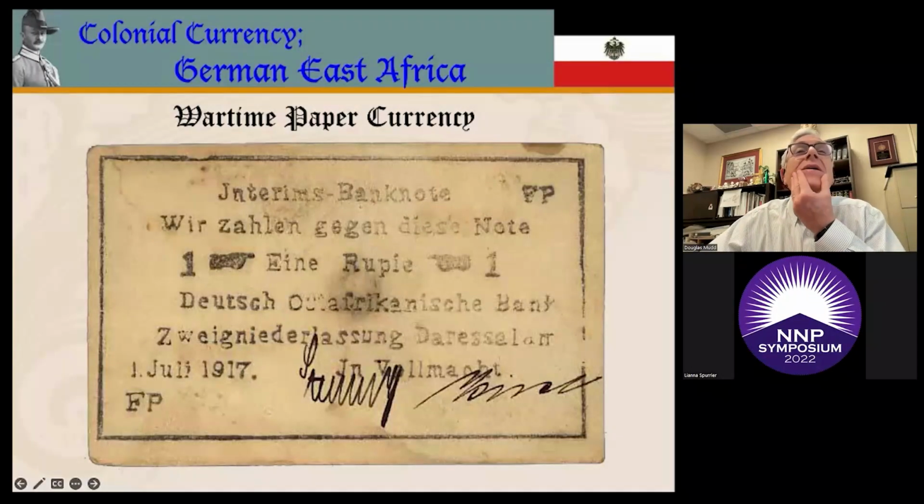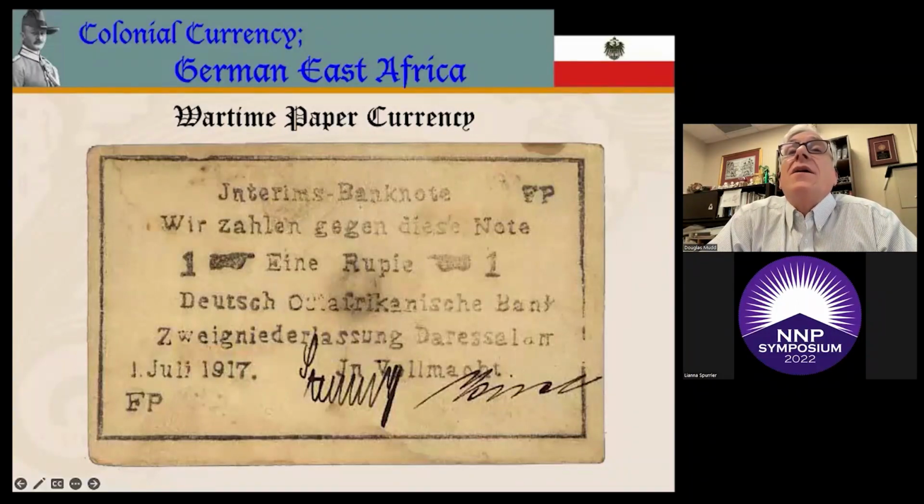This is a series of emergency money produced while fighting in the veldt with the troops. So these are referred to as Bush notes because these printing presses were actually carried with the troops, and the notes printed in order to pay them and to buy resources, supplies from the local villages and towns.